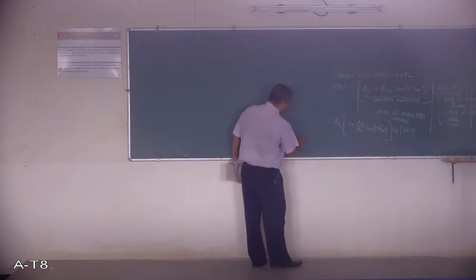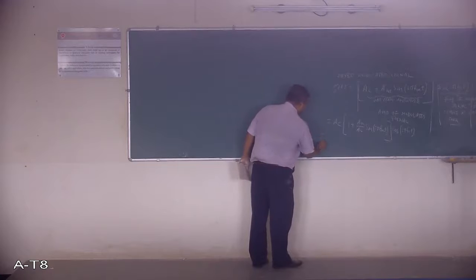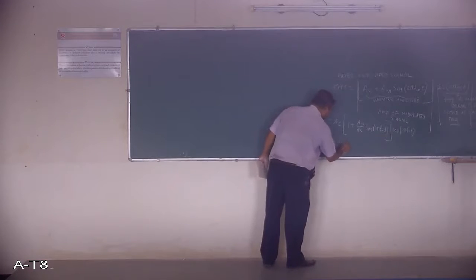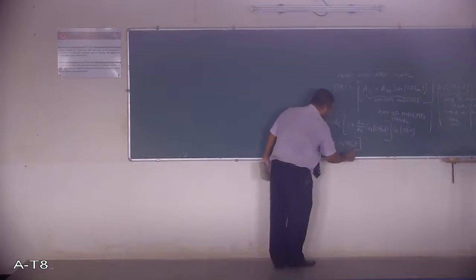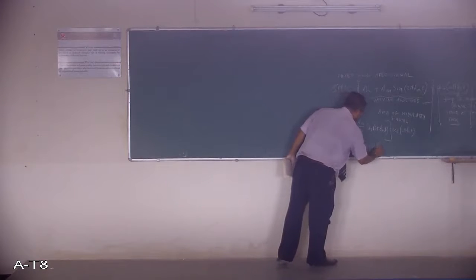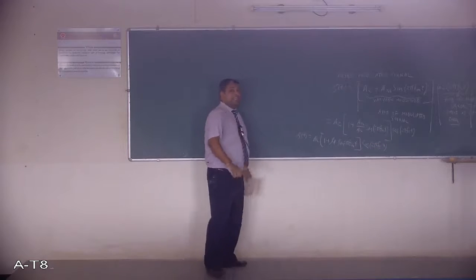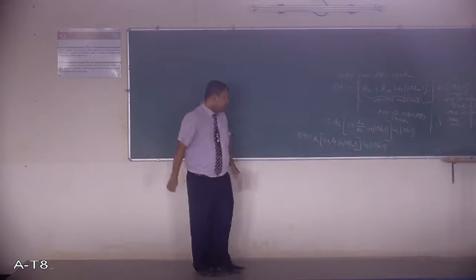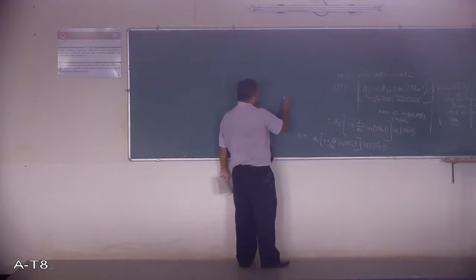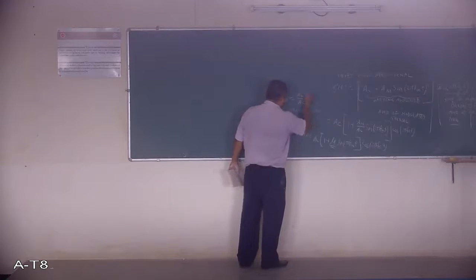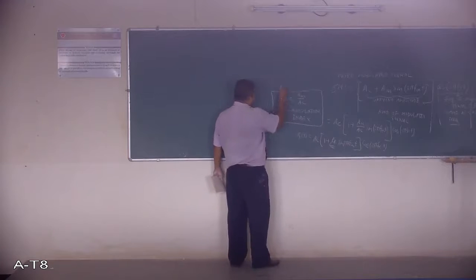And the final line, this is ST, that is equal to AC into 1 plus mu, a very important factor, sine 2 pi FMT cos 2 pi FCT. So this is actually the modulated signal equation. And what is mu? In this case, mu is equal to AM by AC. This is called as a modulation index. So this is modulation index for AM.